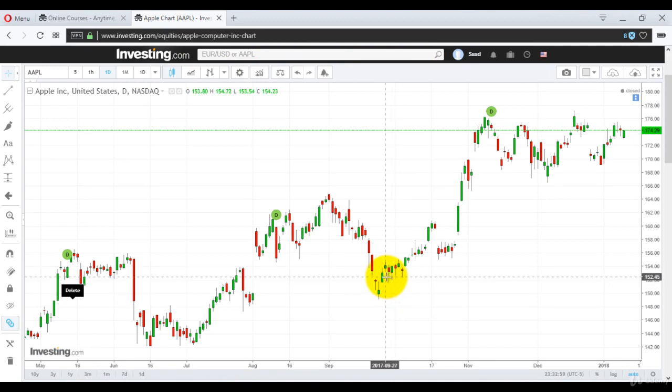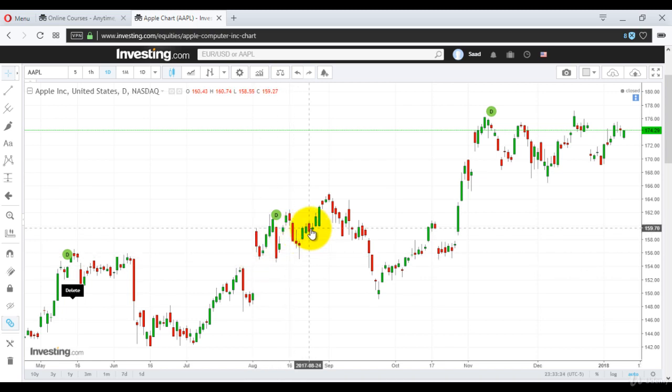Now if you remember the chapter on big black body, it's the same thing. The only difference between big black body and black body is big black body is exceptionally huge, but a black body doesn't mean that it should be huge. It means it should be a medium-sized candlestick with the same characteristics as the big black candle body. So if you just look at it, let's say